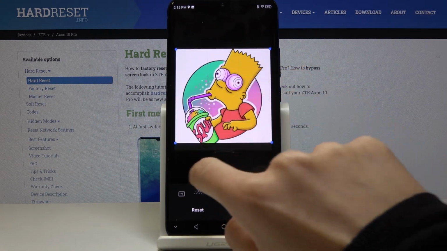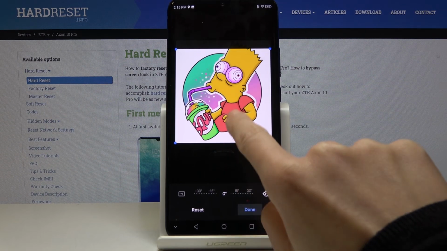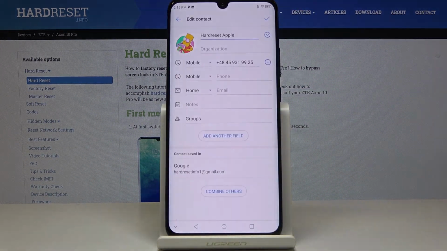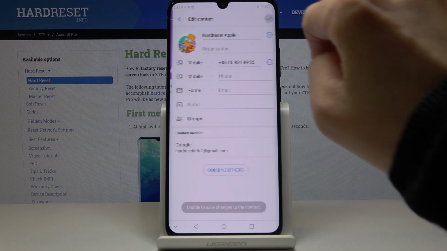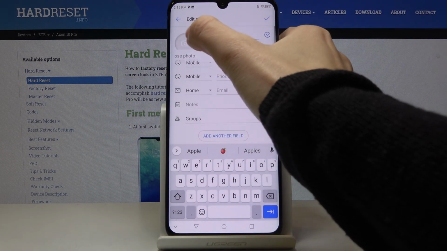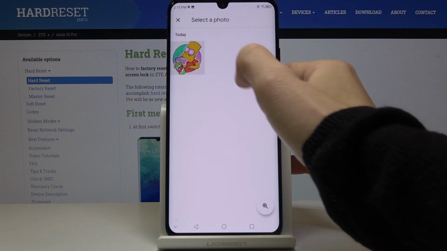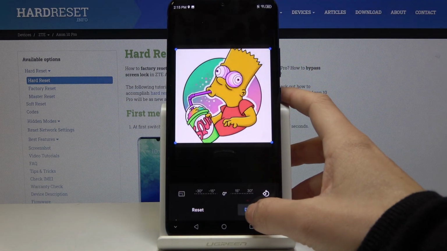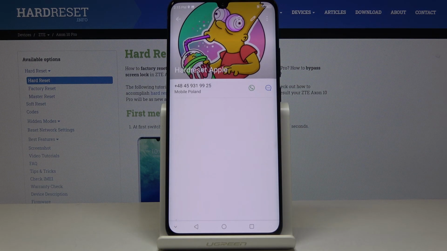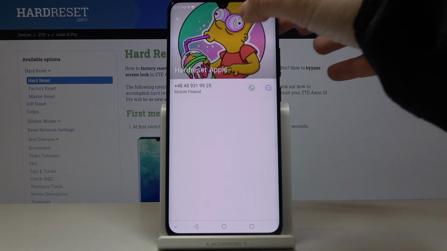So let me leave it, for example, this way, and then tap on done. Finally click on the confirmation mark, and as you can see, okay, so let me do it again. Choose photo, click on done and the mark. Okay, so here we've got it, and as you can see, from now on this picture is assigned to this